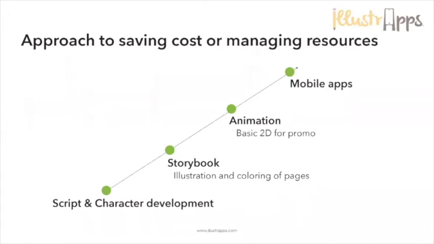You can actually break down the whole process, or the implementation, into phases. For example, you can start with your script, which is important, having the idea and that script fleshed out, and then have your central characters done, even if it's one or two, because with those you can begin to do things like marketing. You can begin to promote your works to your audience and get feedback from them. That leads into illustrating the book proper, the illustration and coloring of pages.